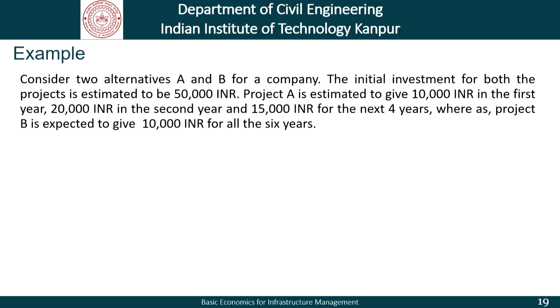Project A is estimated to give 10,000 a year for the first year, 20,000 in the second year and 15,000 for the next 4 years, whereas for project B it is expected that it will yield 10,000 over 6 years. Now, we could be tempted to make cash flow diagrams and say that, okay, the total returns from the project are more in the case of A, and therefore, we simply go for A. But that is not the approach that we adopt for this method, where we are talking of the